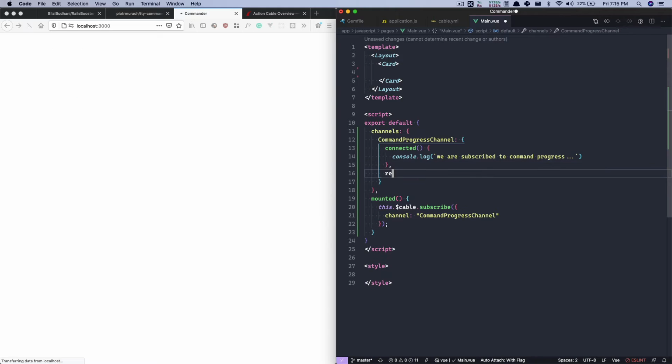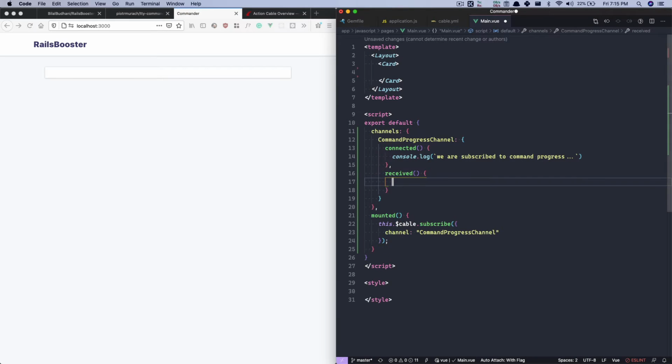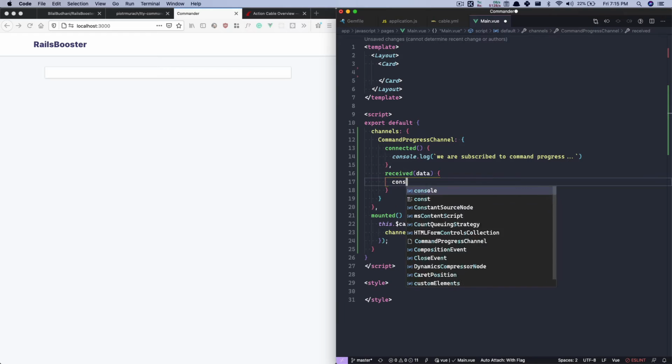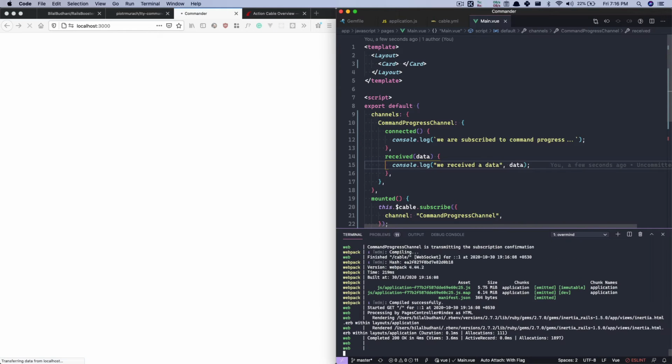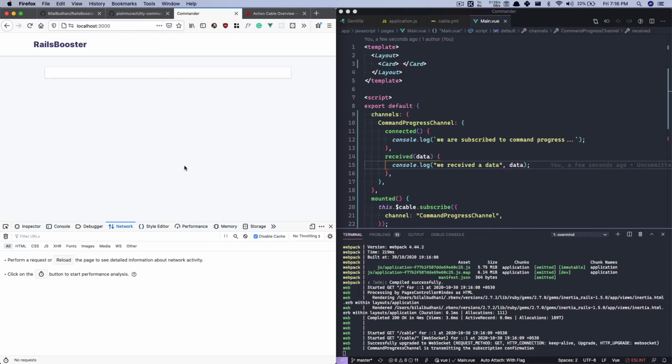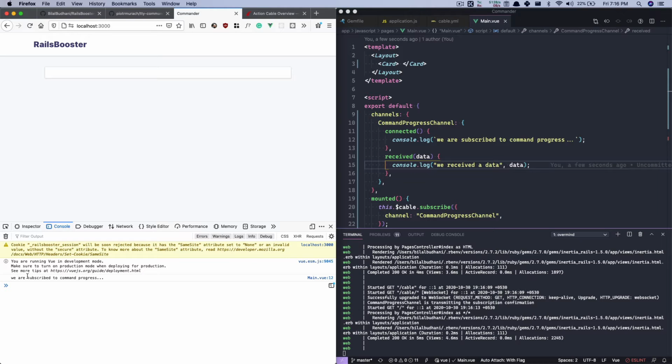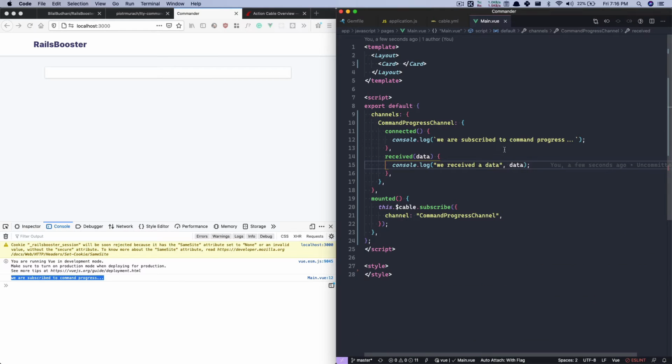Okay, so now I'll also say that once we receive any data from this channel, just log the data for now. We received data. So let's just see if this works. So we are subscribed to the command channel, and we can also see that we have started receiving requests on the cable of our system. So now that we have this connected, we'll just